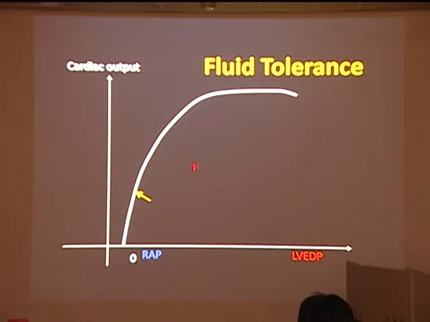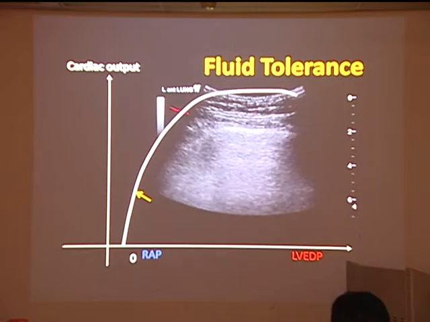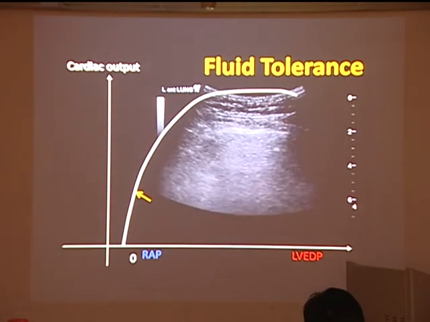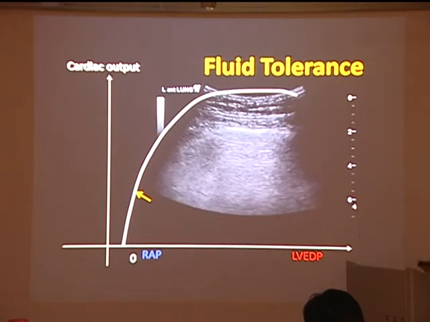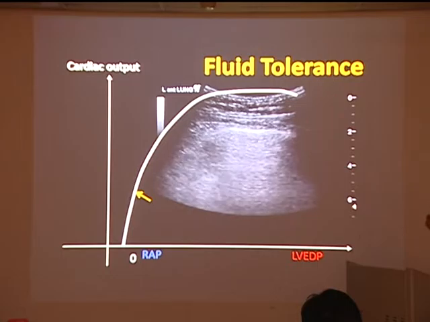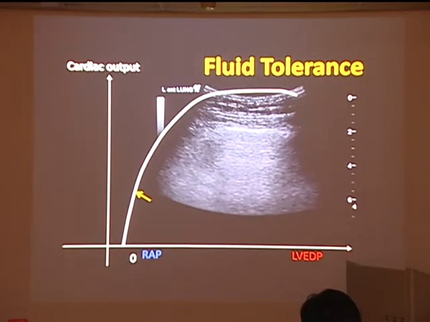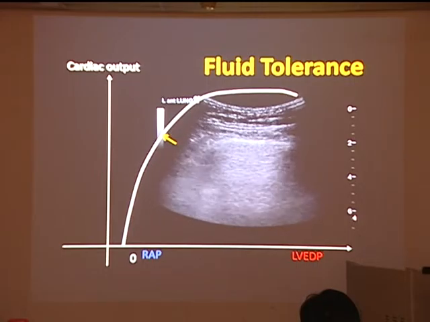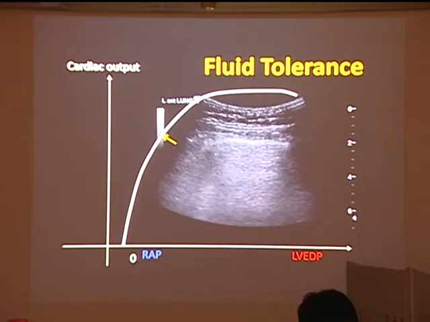So, if this patient is on this steep part of the curve, and this is what the lungs look like, would you be able to give the patient fluid? Yes, because there's no B lines. If there's no B lines, there's no pulmonary edema. So this patient is hypotensive with a dry lung, I will give fluid. After giving more fluid, the lung still looks like that. I can give more fluids if the patient is still hypotensive.